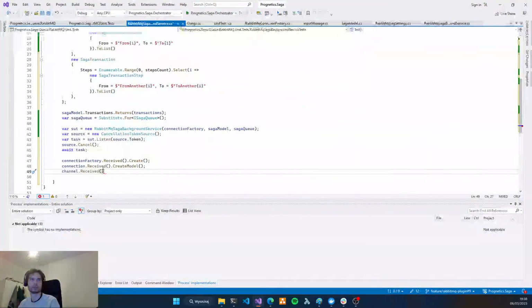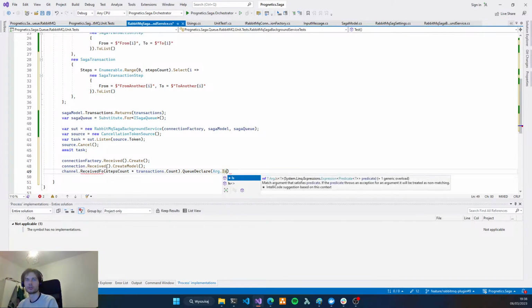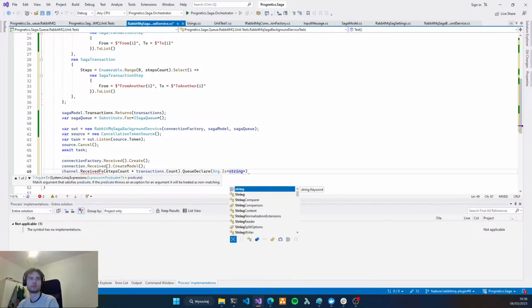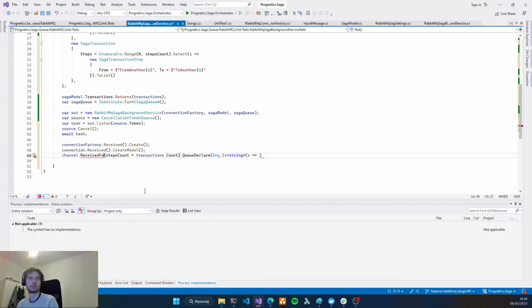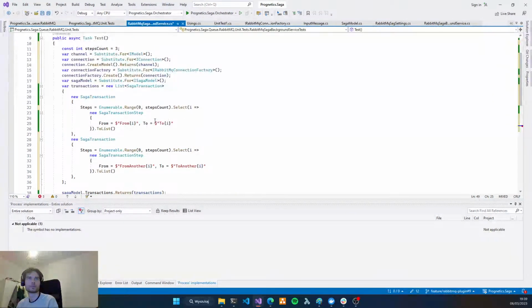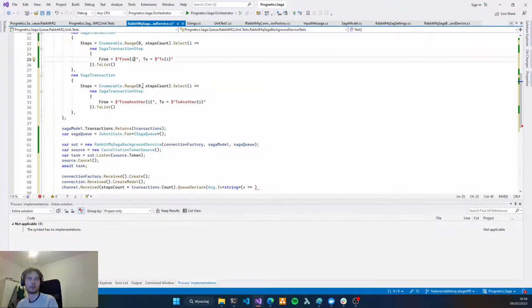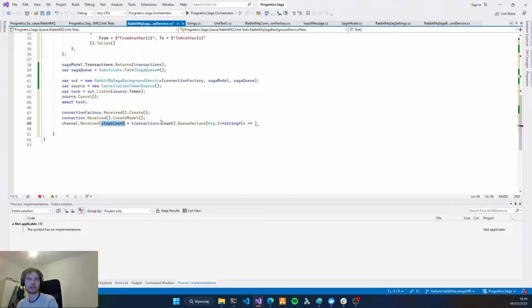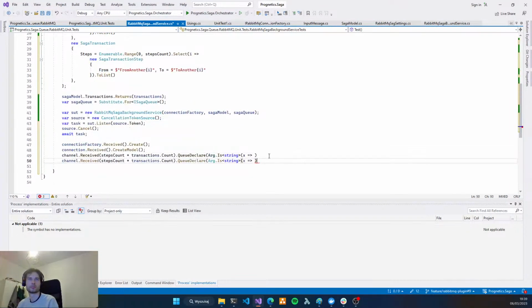So it's Arg.Is received. Arg.Is string, and our name should be steps count times transactions count, from and to.